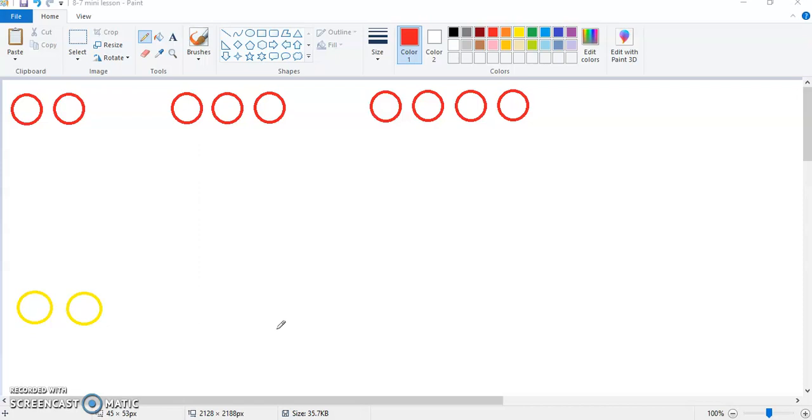Let's go ahead and look at this. So let's say that the number pattern is 2, then 3, then 4. So we have, let's see,